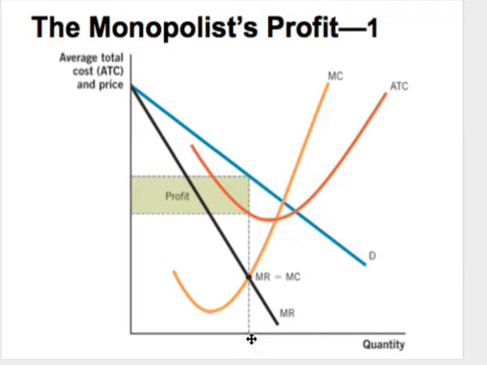Now you take this quantity and you move up to the demand curve to find the maximum price the market would be willing to pay for that quantity. And you work your way over, and that's going to be at a price of P1, and we'll say right here. Now, we know profit is just the total revenue, the price the monopolist sells at times the number of units the monopolist sells, minus the average total cost for each of those units times the number of units